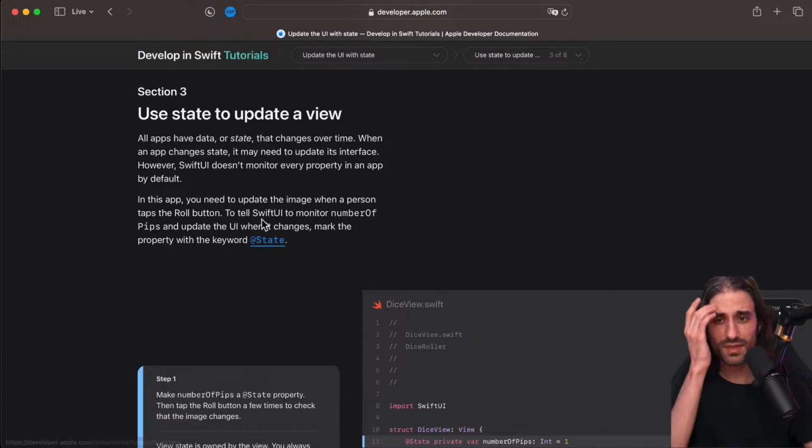keyword @State. So this idea that state is all of the data that changes over the time that your app is open is very central to app development. And one of the big challenges of app development, and conversely, one of the big sources of bugs in apps, is whenever there is a lack of synchronization between the state of the data and what's reflected by the UI. Typical example is the UI is showing a value that is outdated, for instance. So there is a more recent value in the data model, but it's not reflected on the screen and the user can't see it. Typical example of a bug.